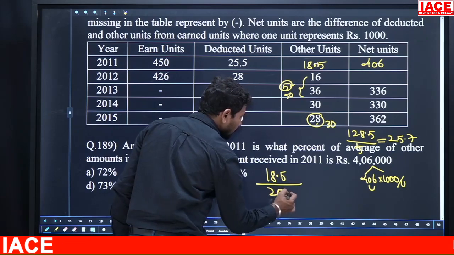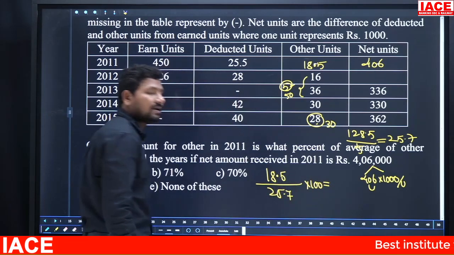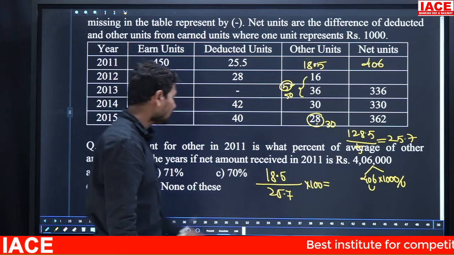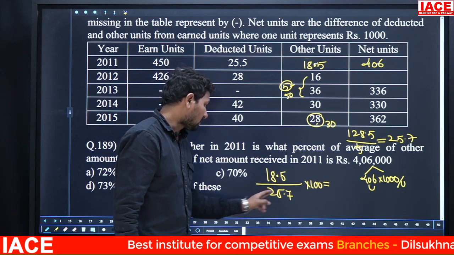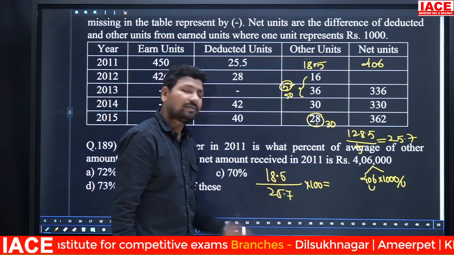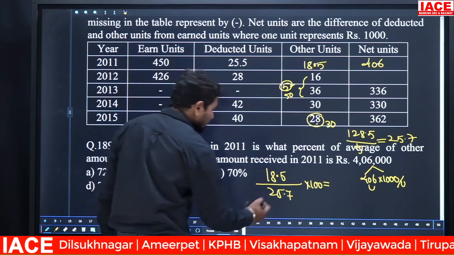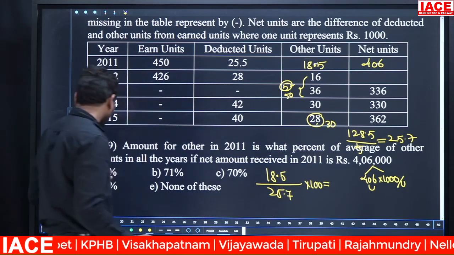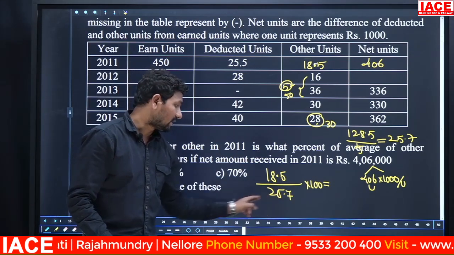25.7, we need a percentage, so multiply with 100. Numerator decimal and denominator decimal cancel, and the value is 257 and 185. 5 plus 2 is 7, 7 plus 7 is 14. It is not cancelled by any numbers. Then mostly how much percentage can you guess? 72 percentage, 73 percentage, 71 percentage, 70 percentage are mentioned. Look at 70 percentage, you can take it.